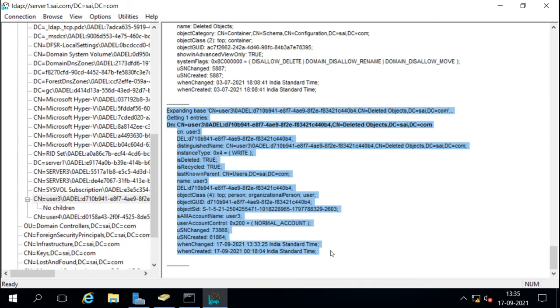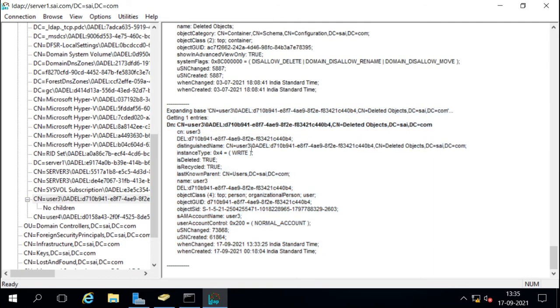But what is important here is that this value, it says isDeleted true. That means this user is deleted, and now the distinguished name for the user is showing the user is under the container of deleted objects. You can see it is now deleted.